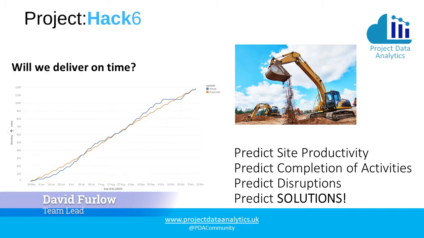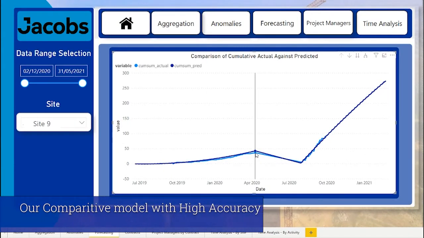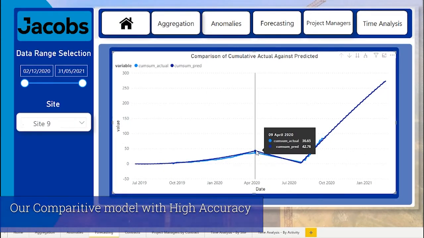One of the first questions that we ask ourselves is, what's the magic that data analysis can bring to this particular situation? And we think it's, will we deliver the project on time? Here you can see a graph that shows the predicted and the actual, which are tightly aligned until near the end of the project, where there's a pause in the project. We want to make sure that things align. How can we make sure that we deliver things on time?